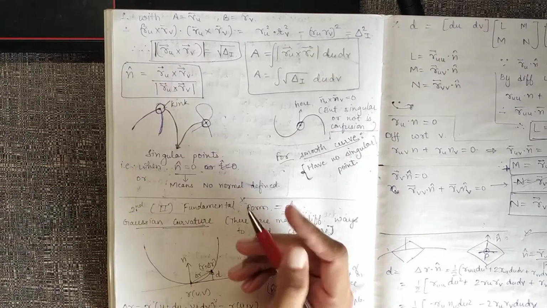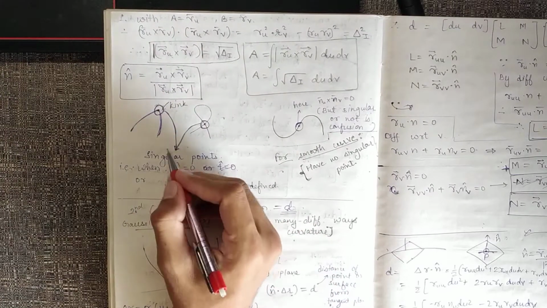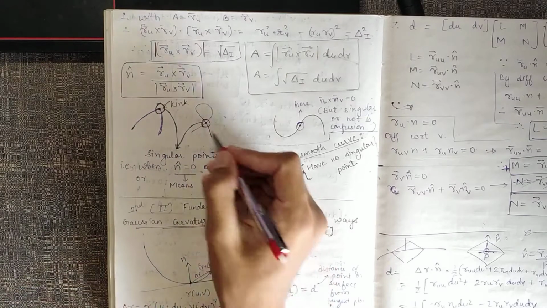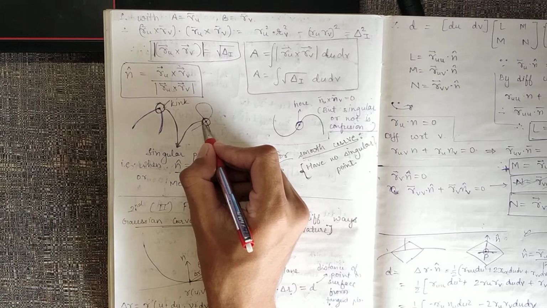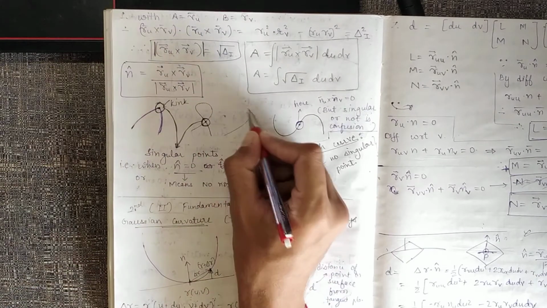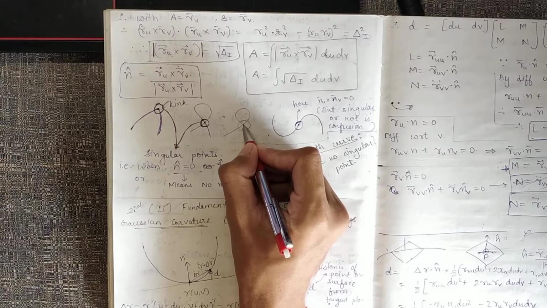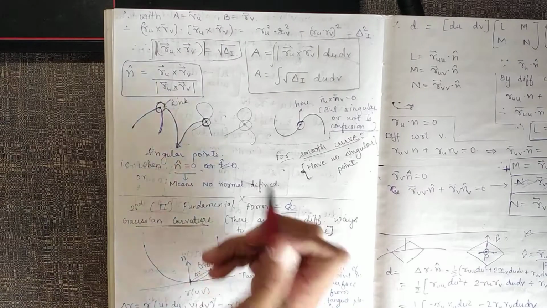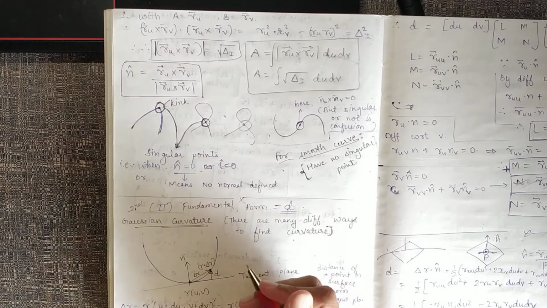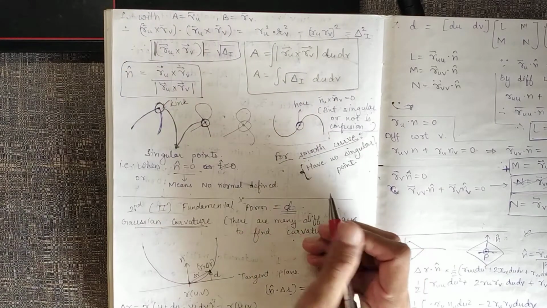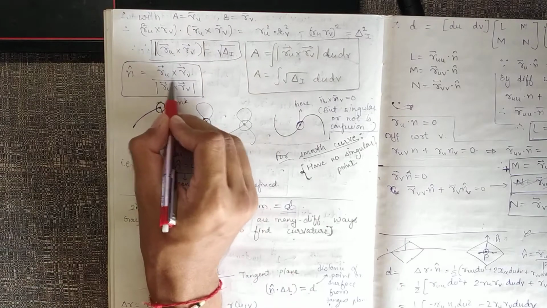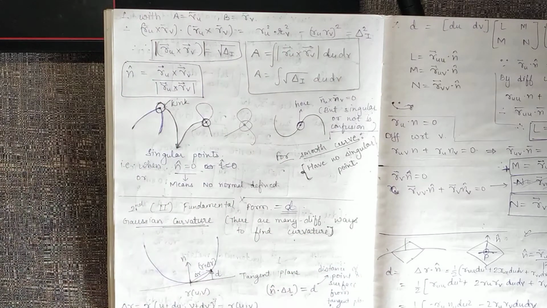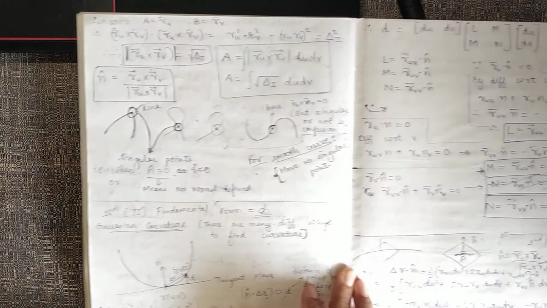But then we can get one problem, confusion, like if there is a kink, it's not a very smooth curve, or there is some self-intersecting curve like this. So here it is self-intersecting. At that point we will have some confusion with respect to the r_u cross r_v formula, and we may get 0 cross 0, we'll get 0. That means there is no normal defined at that point. So there is some confusion.